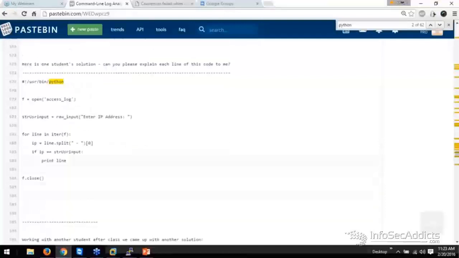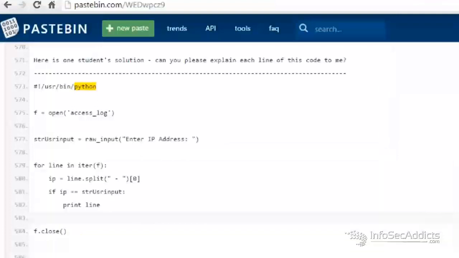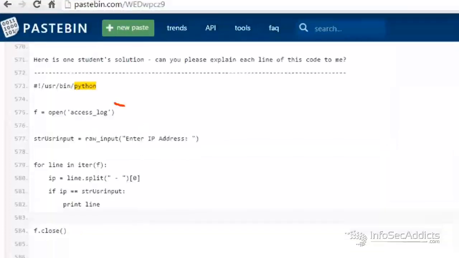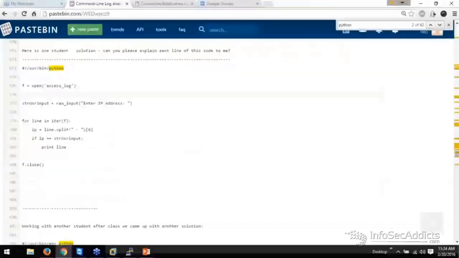Okay, so here's another solution. So what's going on here, we're going to start with #!/usr/bin/python. We're going to open the log file just like we always do. Now you're going to say, okay, string user input. You allow the guy to enter in his IP address. Now you're going to say for line in iter f, so iterate through your log file. The IP is line.split on a space, a dash, and a space, and you want the field on the left, field 0. So when you look at a log file,